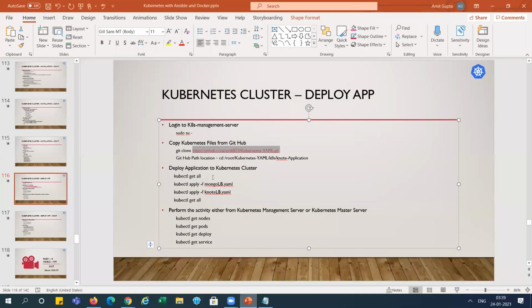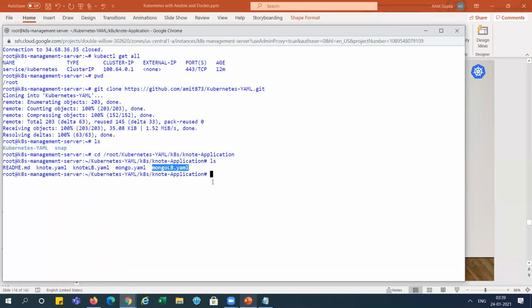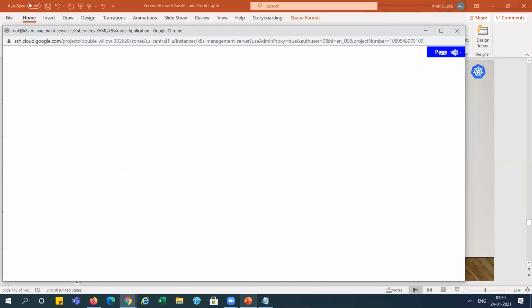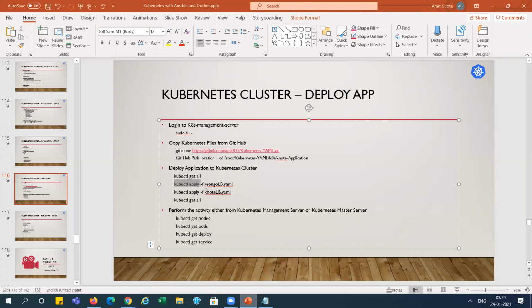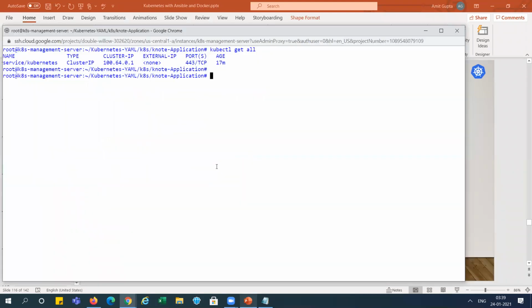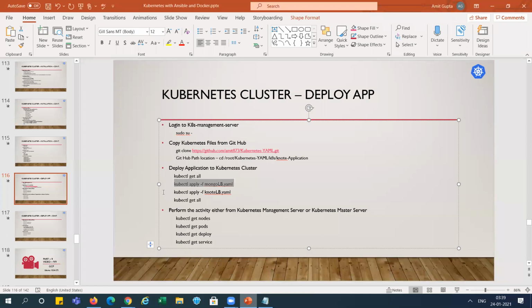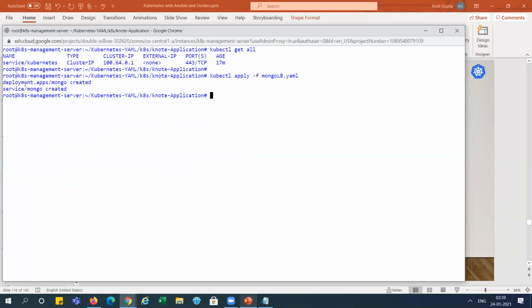So I've already run the command. You can see here we don't have anything currently. So let's run. We can run using the apply command here, or we can use the create one also. See, I'm running this command. It will create one deployment and one service over here. So let me run the node LB also. It will create one deployment and one service.